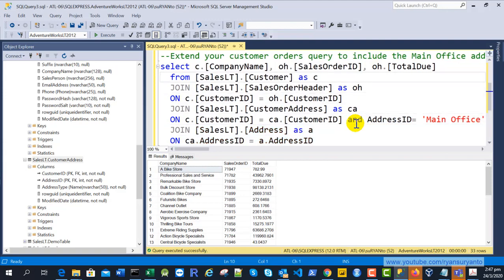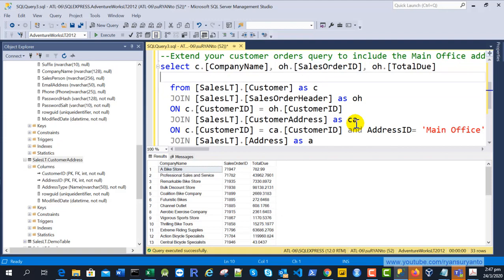And then for the select statement, we're going to add some columns. Previously we already have the company name, and then this will be the last two columns.